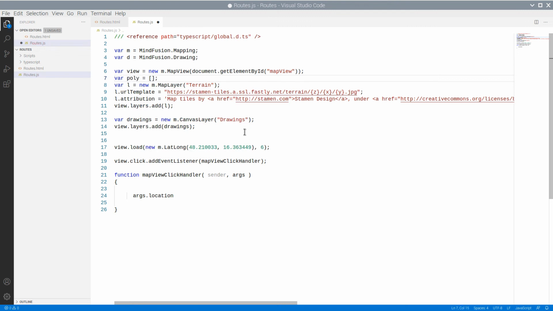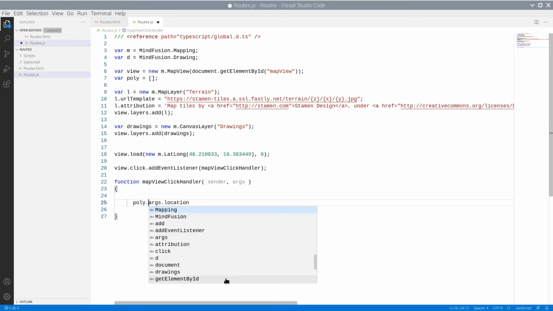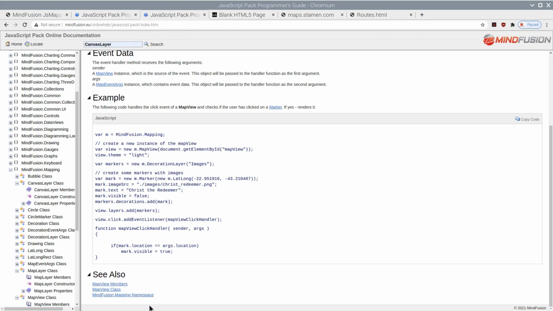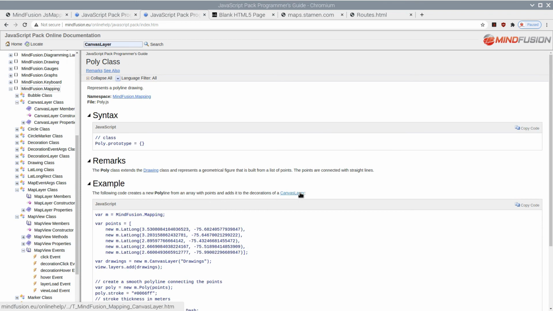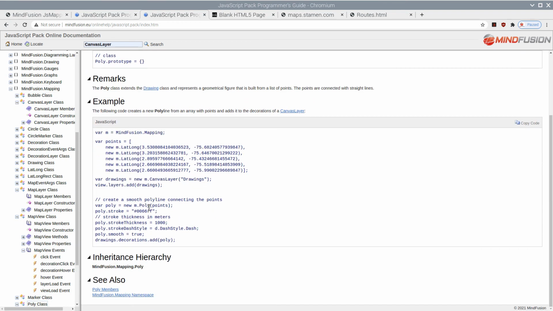We will store the clicked points in an array. In order to have a drawing rendered by the canvas layer, we need to add a geometry to it. The poly class is exactly for that, and we use it to create a polyline from the clicked points.